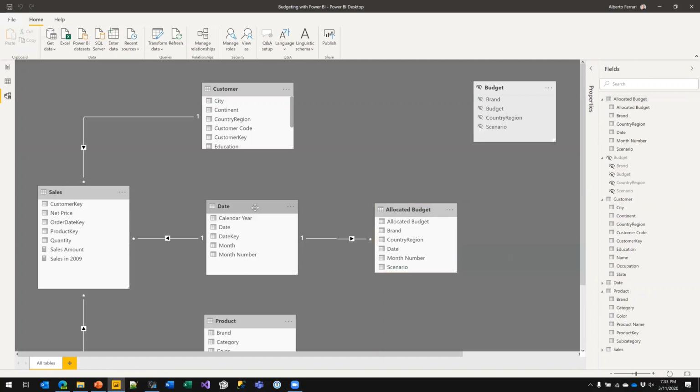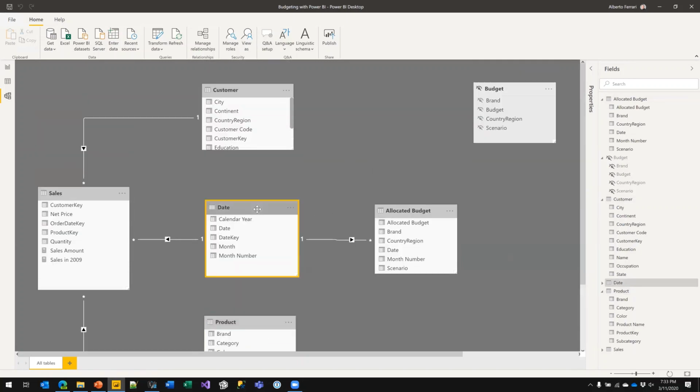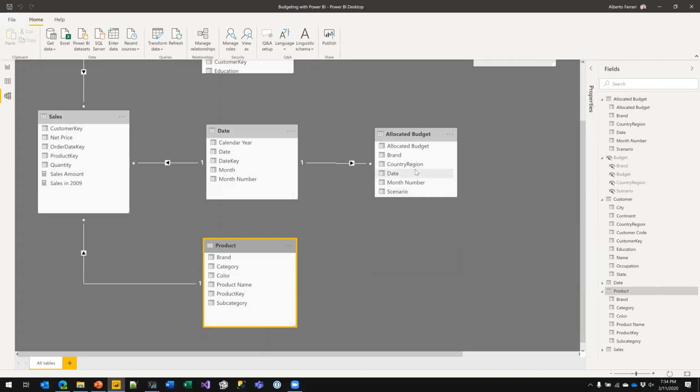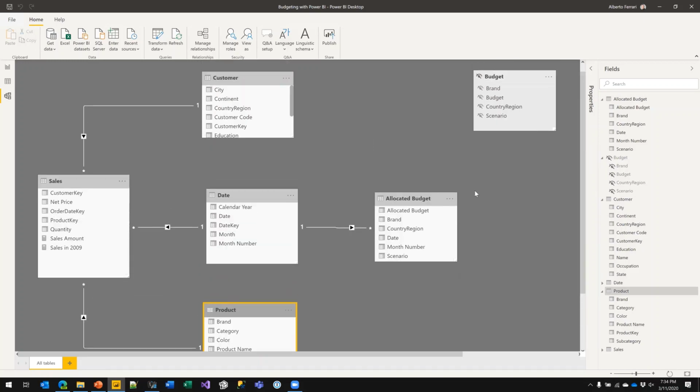But what I could do with the date, I cannot do with neither customer nor product. The reason is with date, I went at the granularity of the day, of the month, and I always went to the first of the month. I cannot do the same neither with customer nor with product. I cannot relate the budget to one customer in that country or one product in that category. That would lead to a wrong allocation of values.